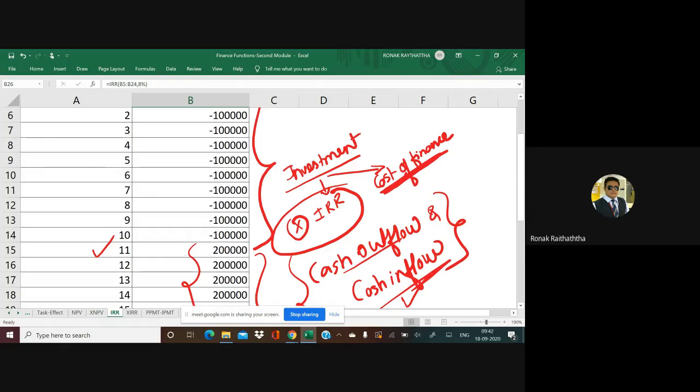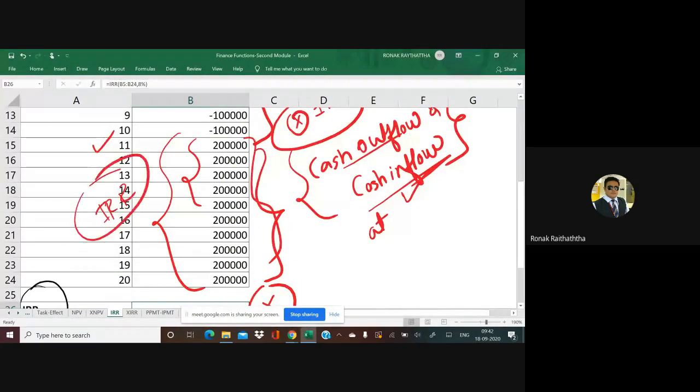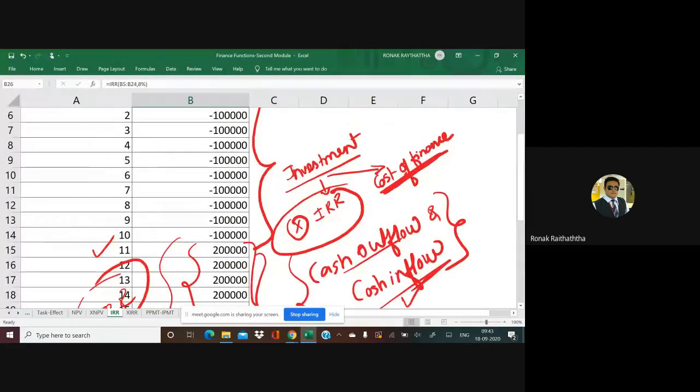You cannot put cash inflow and outflow both in the same bracket. Yes, on the inflows which you have, you expect IRR, fine. That is your expected rate of return. Understood. But on outflow you cannot, because outflow you have gathered, that is the investment which you are making, and the investment which you are making is gathered from various sources of finance. The sources of finance can be equity, can be debt, can be something else. So the cost that you have incurred to get that source of finance shall be taken to discount or to compound this cash outflow.